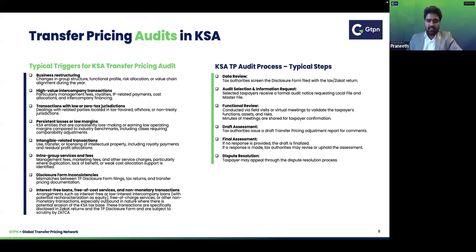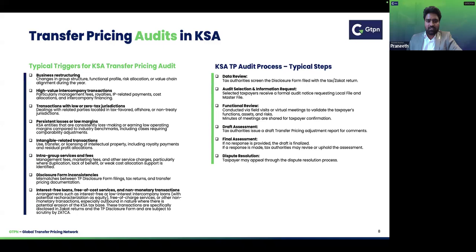If you see the left side, first one, business restructuring. Everyone might be curious because business restructuring is a remote item to pick in a TP audit scenario, right? But the interesting thing is this field is a mandatory field that has to be filled up in the TP disclosure form. So there is first-hand information available to the tax authorities to look into and verify